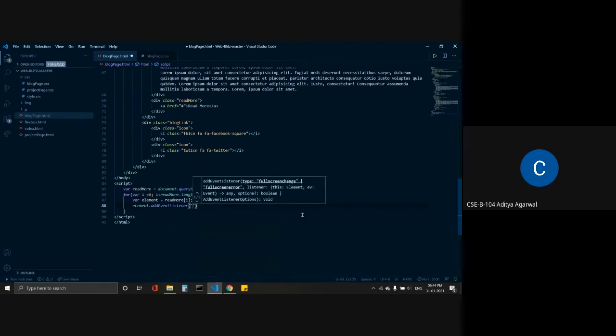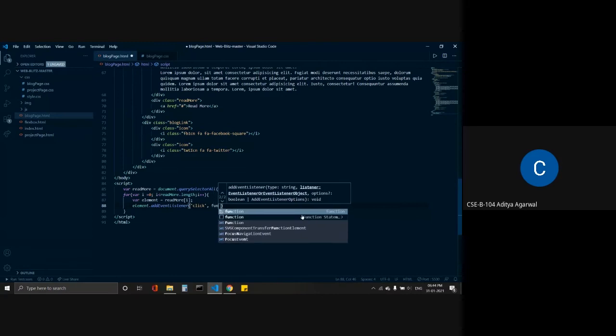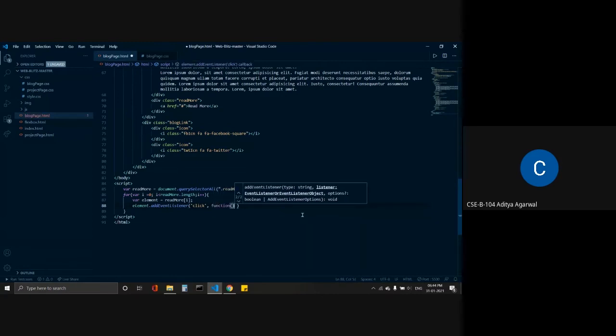I will be using the click event and a function. There are functions in C language also. In JavaScript, we can declare functions by writing function and curly braces around it.